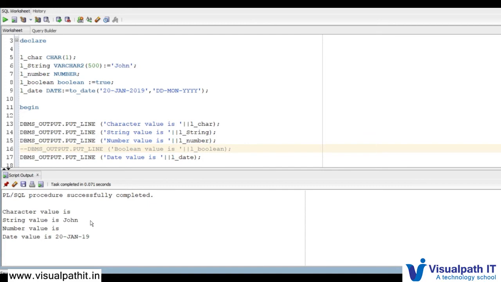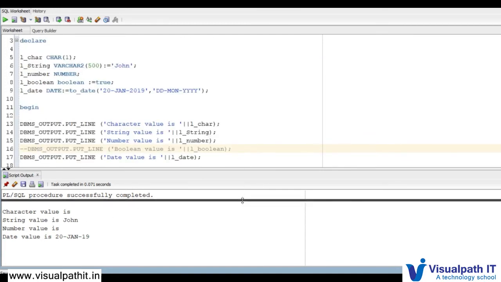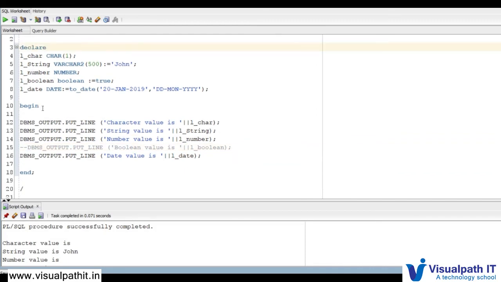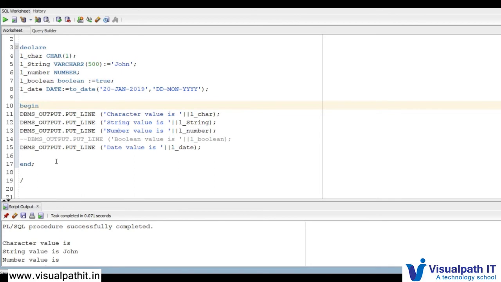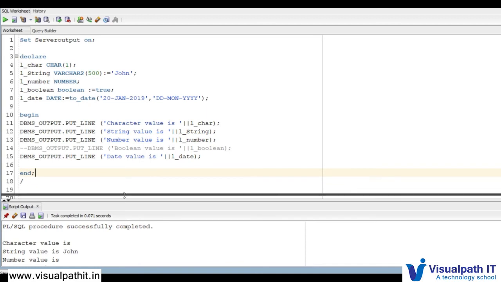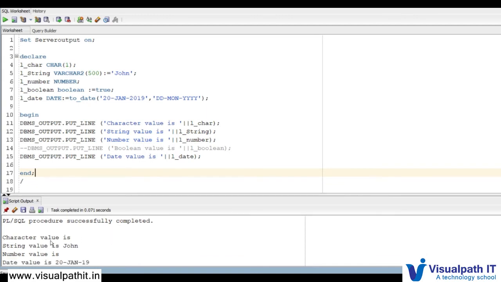Now if you look at the output, this is the anonymous block which we created. The output is character value is lchar. As you can see, I did not assign any value to this character, that's why it is null, so nothing is printed here.